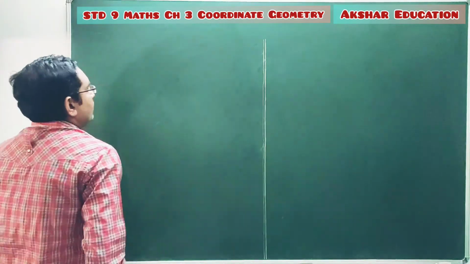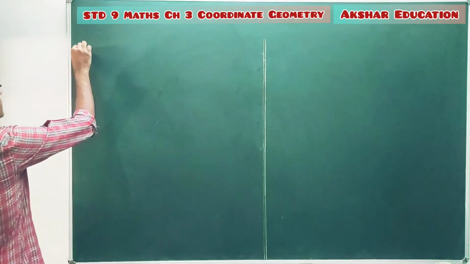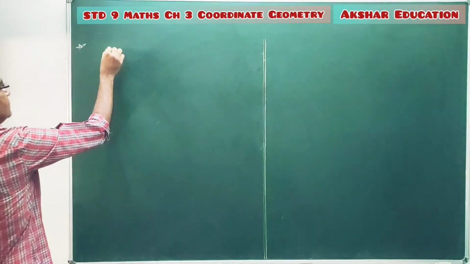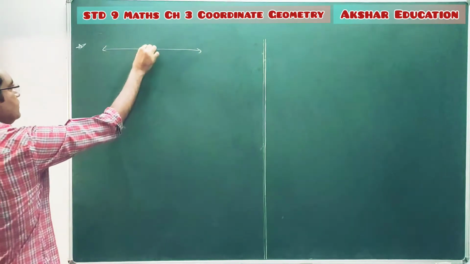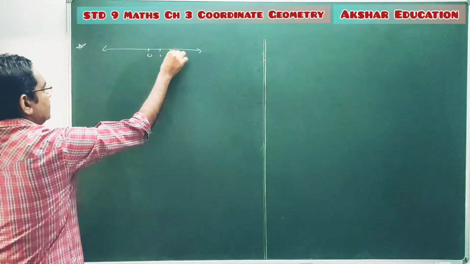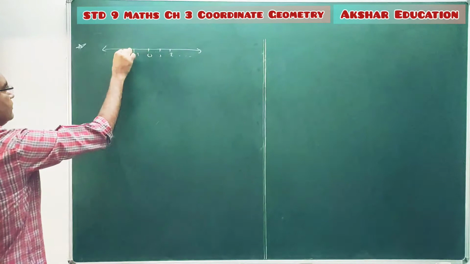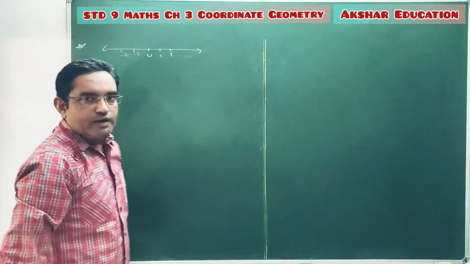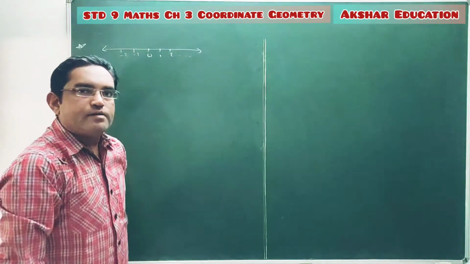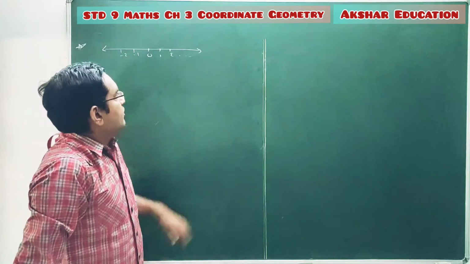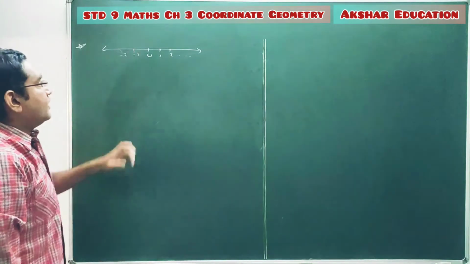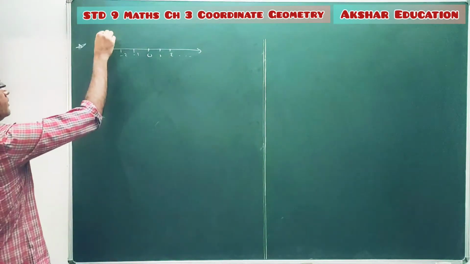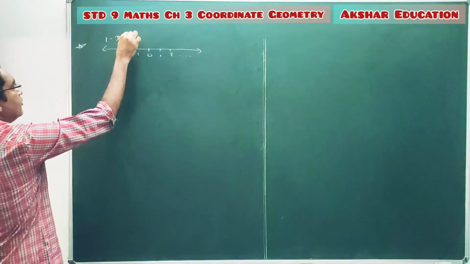Representation of a point on a number line is nothing but one-dimensional geometry, in which we are drawing one number line, and on the number line we are representing any real number. That means we can represent rational numbers, irrational numbers, all types of numbers on this number line that we have discussed. That is nothing but one-dimensional geometry. That is the concept of one-dimensional geometry.